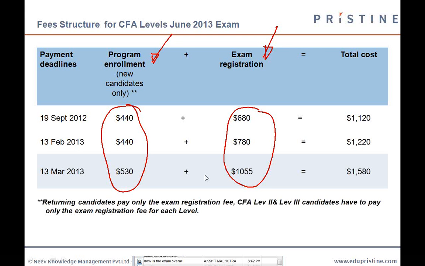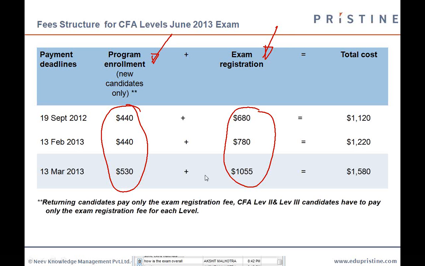Some of you have asked this question: is the exam overall tough or easy when it comes to CFA? I personally felt that Indians in general are very good at attempting tough exams. In my opinion, two of the most difficult exams that I ever wrote were probably IIT JEE and CAT. Compared to them, I don't think CFA or FRM for that matter is that difficult. Having said that, people make it difficult if they don't study properly.